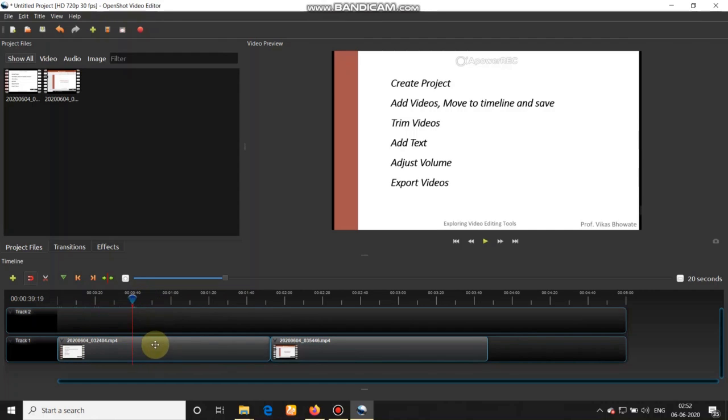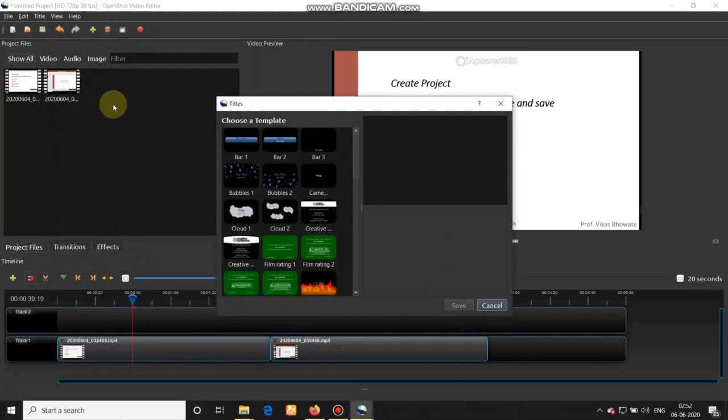So once you put the slider at 40 seconds, go to the menu bar, select title. It is going to open the title window as it is displayed over here.